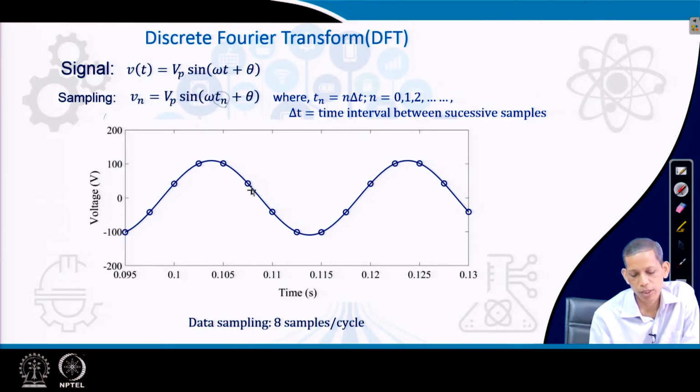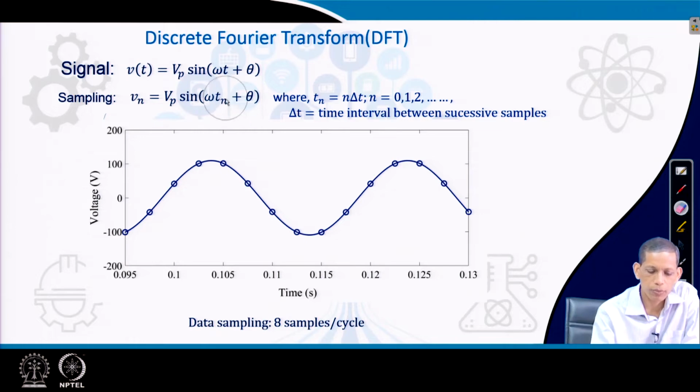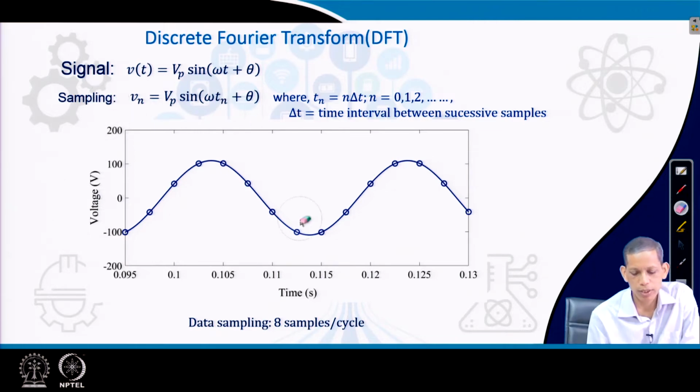So, for this continuous sinusoidal waveform, these are the samples which are being acquired by the relay through the A to D process. After obtaining these samples, we would like to use them for the phasor computation process. From the sampling perspective, we have considered 8 samples per cycle for a 50 hertz signal, and therefore the delta t considered is 0.02 by 8 as the interval time.